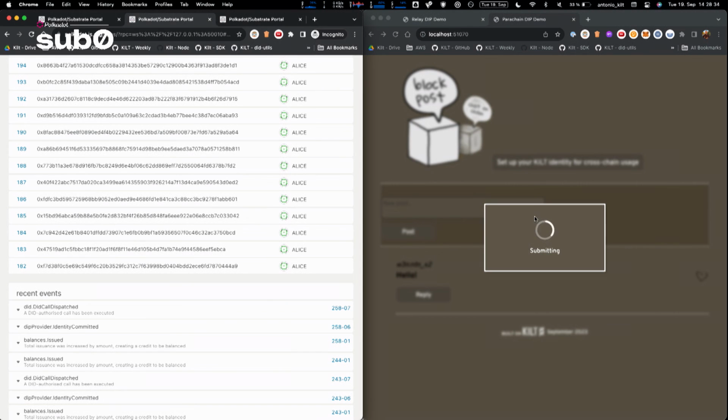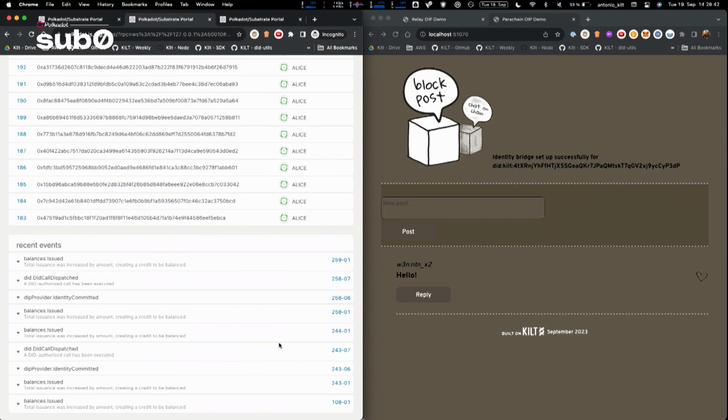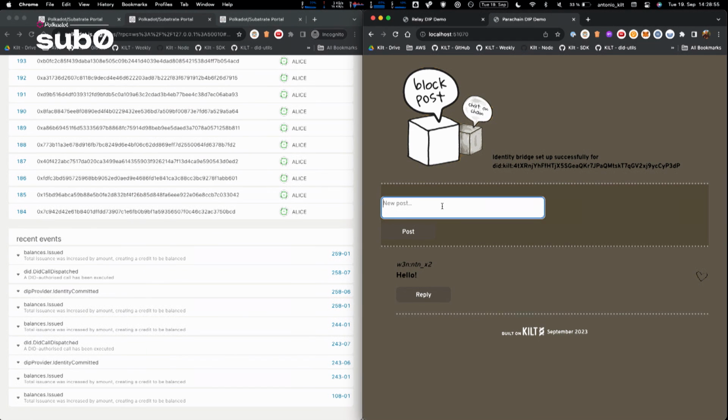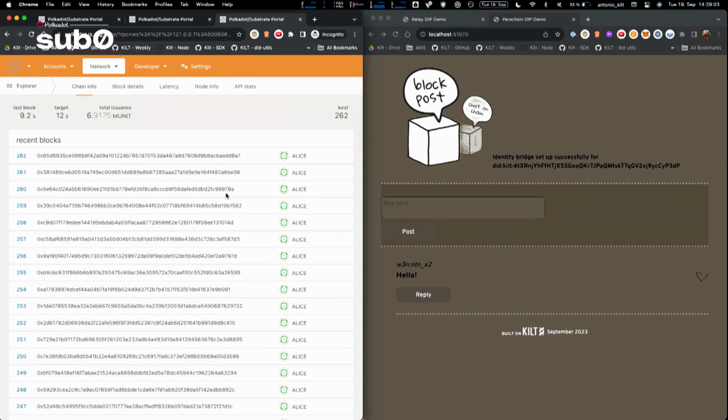Of course, I have to wait a few blocks because proofs only work on finalized state. So now the identity has been committed on the provider chain. I have to wait 2 more blocks on the provider chain before it gets picked up by the relay chain, and the state is finalized and communicated to the other parachain, because I want to communicate with this parachain. And this parachain only deals with finalized state, basically. So I can actually wait a few more blocks. I think 1 more should be enough.